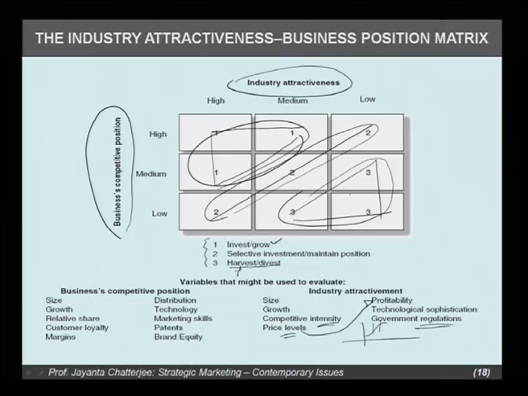And you can combine these 3 strategies, that is invest and grow, selectively grow or maintain or hold position, and divest and harvest. These 3 clusters can be maintained, and obviously, as you can see, your strategy for group 3, that is for harvest and divest, will be different from the strategy in terms of marketing that you would follow for the